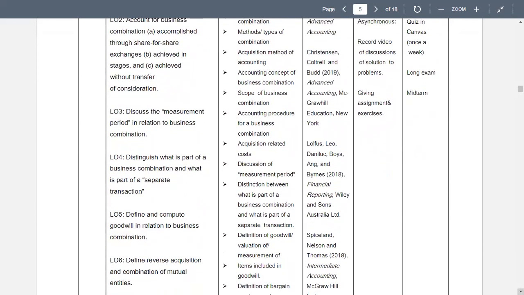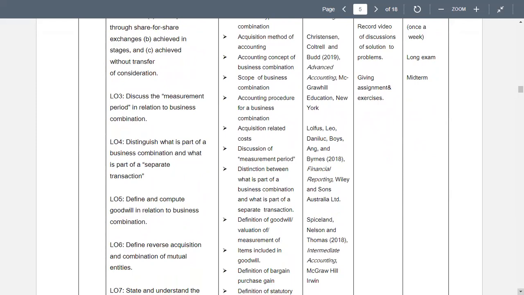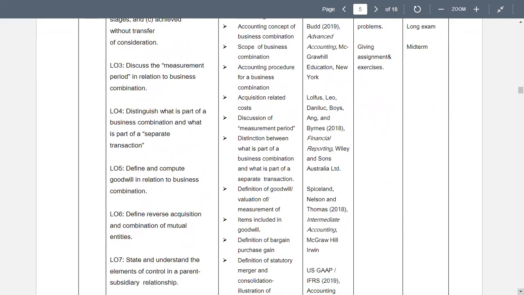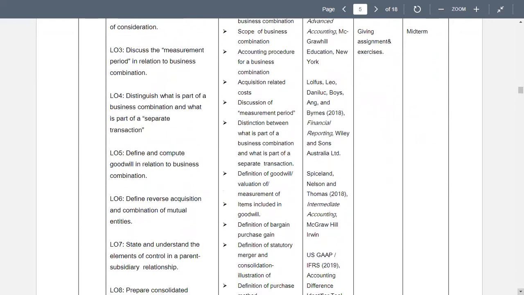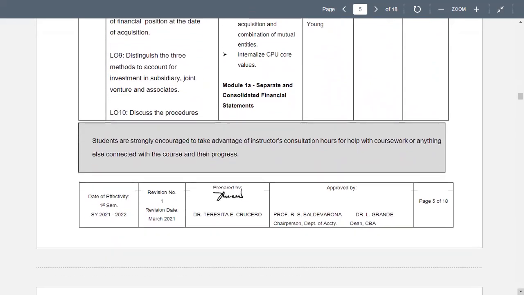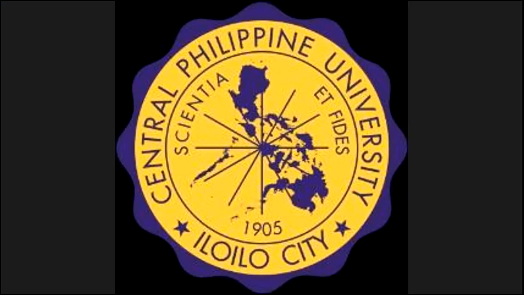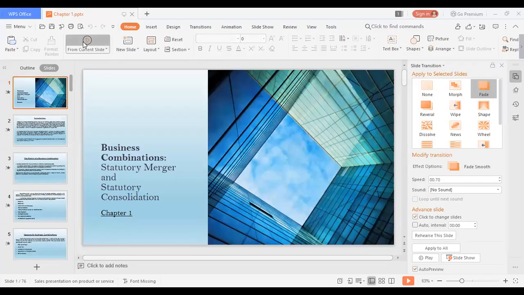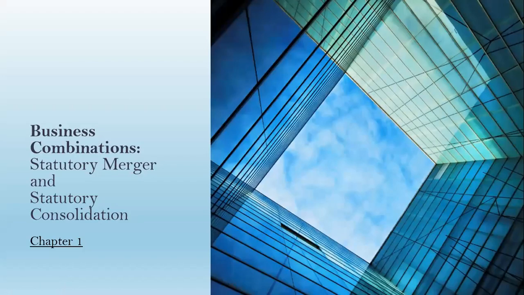Now, this time I'm going to refer to the PowerPoint presentation applicable already to module number 1 in connection with our first set of learning objectives. So, refer now to the PowerPoint presentation. Okay, so here we have the PowerPoint presentation for business combination. Now, this is quite a long set of